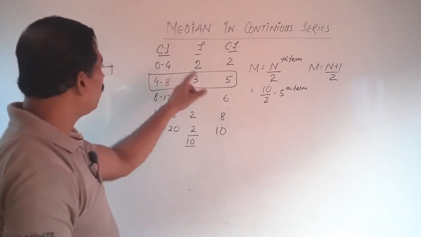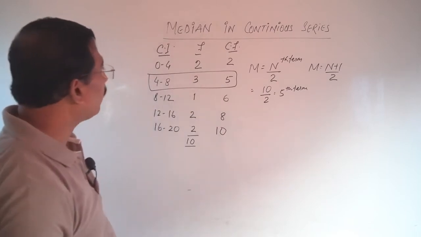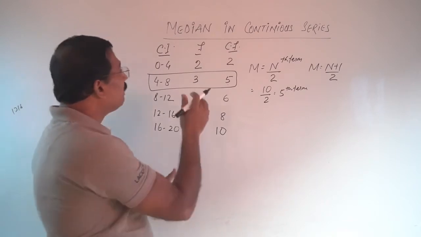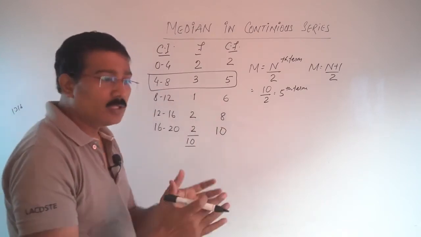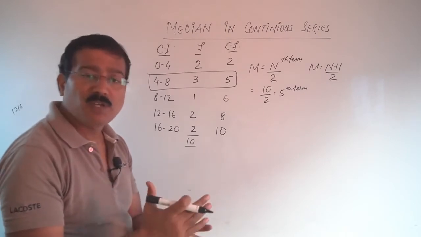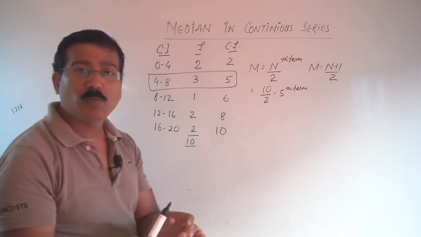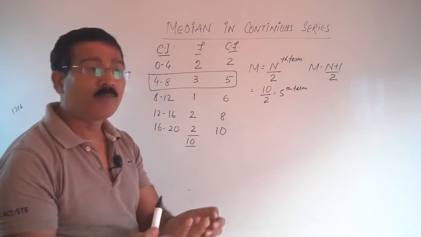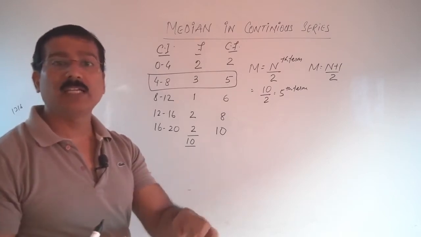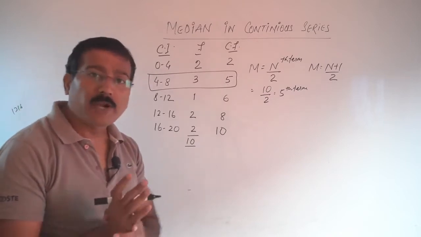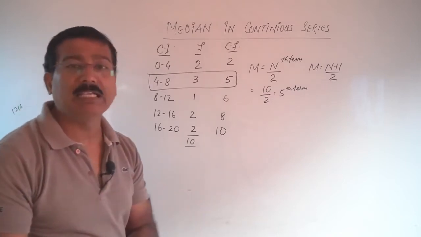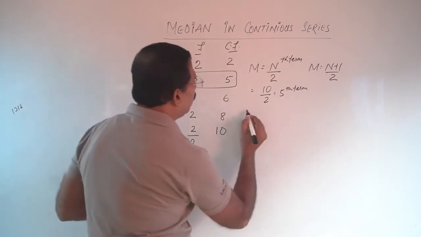Okay, draw a model box. Then it means the median is in between 4 and 8. So there are so many numbers between 4 to 8. You will say, sir, only four numbers, no? 5, 6, 7, no. 4.1, 4.78, 5.79. There are so many numbers. So you will have to find out the median by this formula.